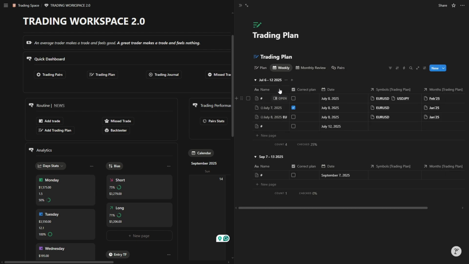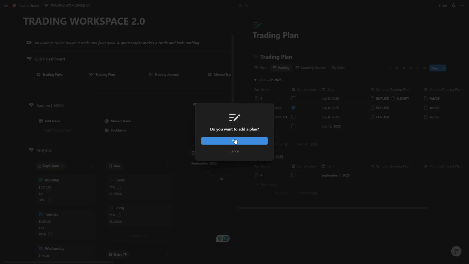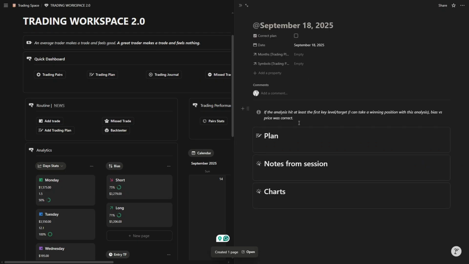And the trading plan is basically something that I found really helpful. So if I want to add a trading plan, then this is what I am expecting on this particular day. So let's say before I start trading, I click on this and it automatically prints my day, so I don't need to do anything except maybe the bias of the day. I can click right here if my bias was correct or not,